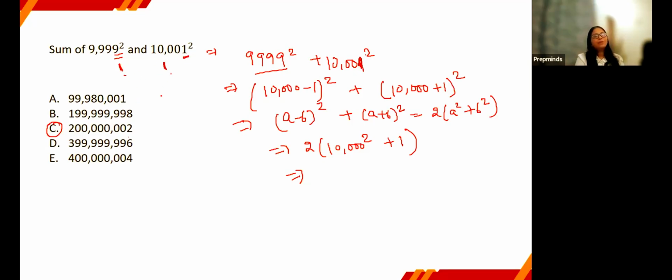So instead of calculating anything, we can make a guess over here. The number with the unit digit 2 is definitely only there with the option C, right? So probably